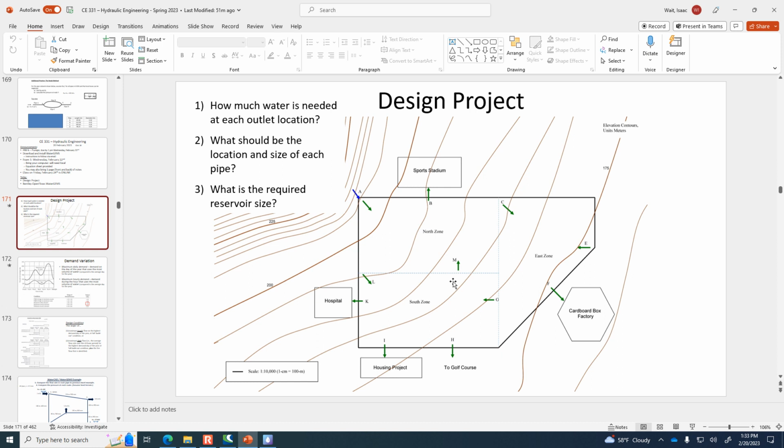Let me show you this tool that you're going to be using for the pipe sizing. How many of you have your laptop with WaterGEMS installed today? Many of you. That's good. So fire it up if you do. If not, you can just follow along, because we're going to look at a pipe network together.